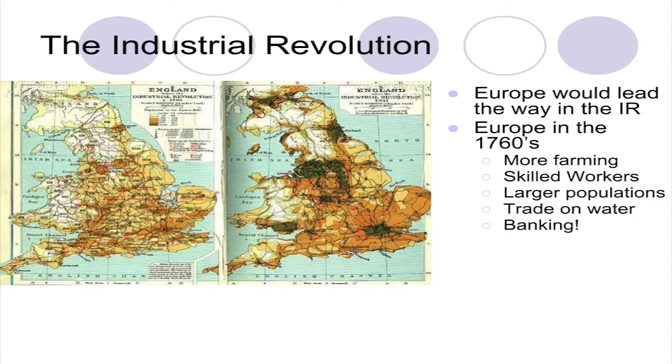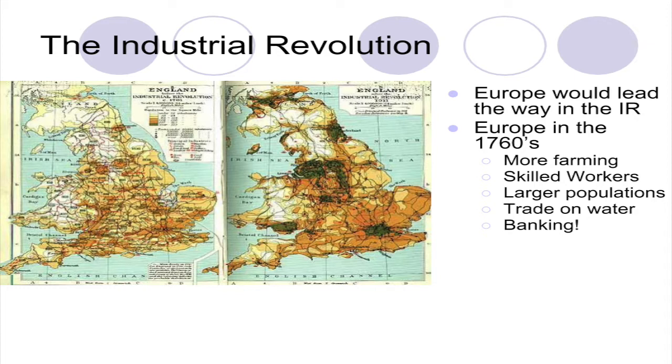Here is a map on the left-hand side. You can see the beginning of the Industrial Revolution, and as you get to the right-hand side, you can see that the colors start to intensify, which shows more factories. Most likely populations are also going to increase because people are starting to experience a better, more comfortable life. So at the same time, more farming. Again, we talked about cotton being the really big thing. We talked about crop rotation in another slide.